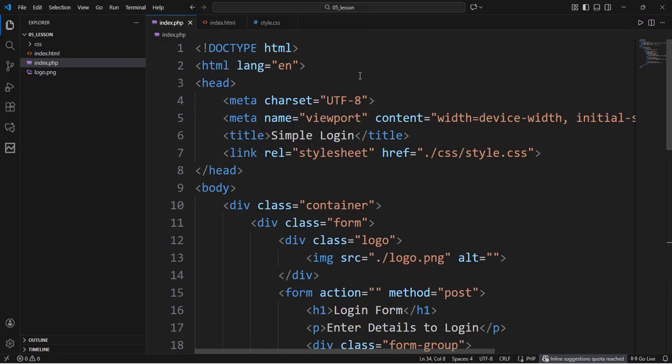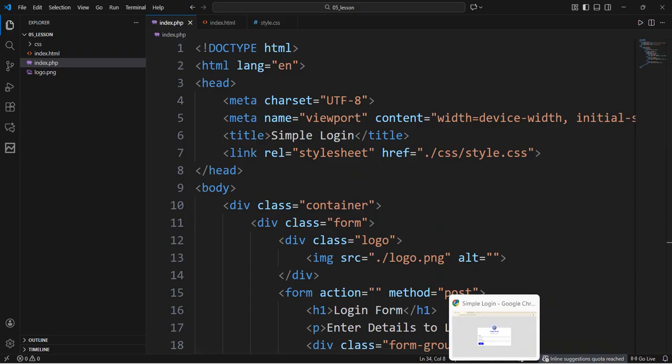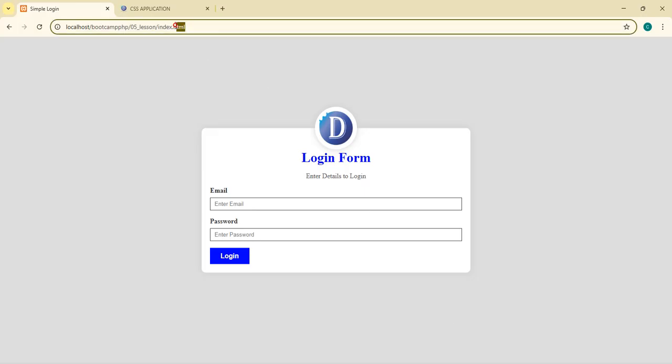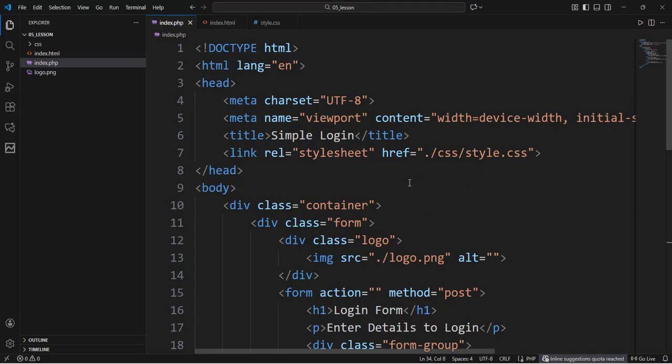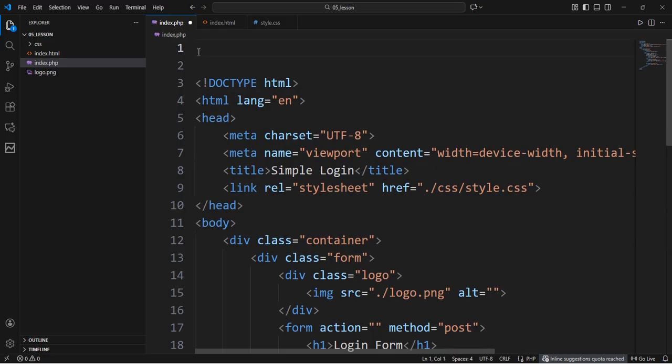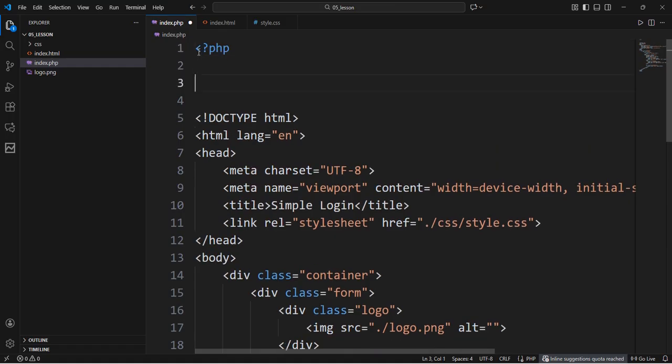So the first thing we will do is to load our PHP. So we're working with our PHP instead of our HTML. So we have this form there. Now what we want to do is put our PHP within our HTML. So we've done that, and we can